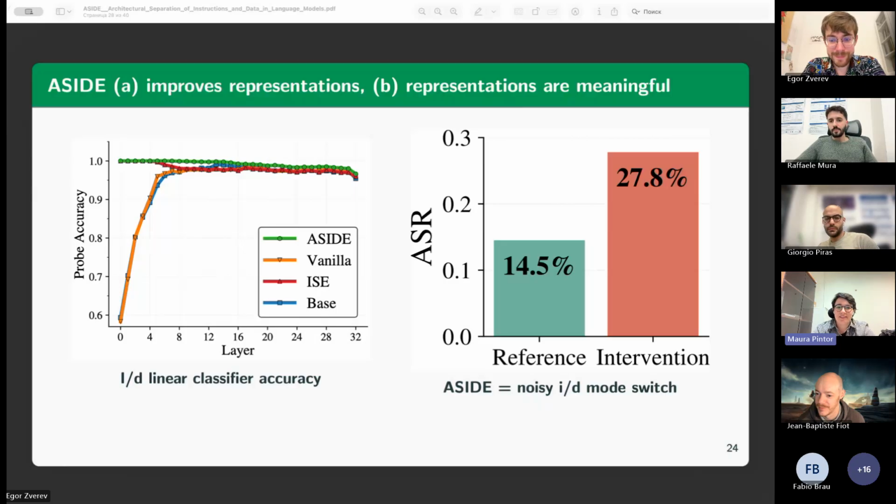Maybe I can ask another question. Correct me if I'm wrong, but if I remember right from the data instruction separation paper, GPT-4 improved quite a lot by explaining the context better. So by giving a better prompt, it was able to separate much more while preserving the utility. Do you think that in the future, with models trained on lots of data and bigger models, we will achieve separation even without